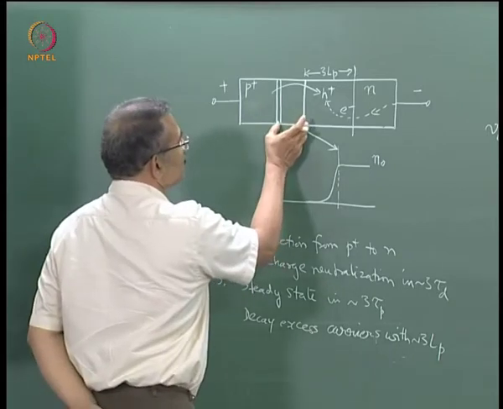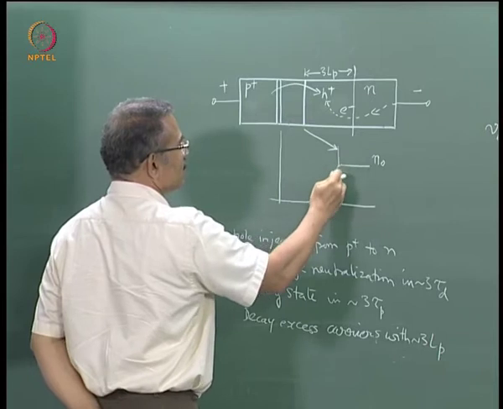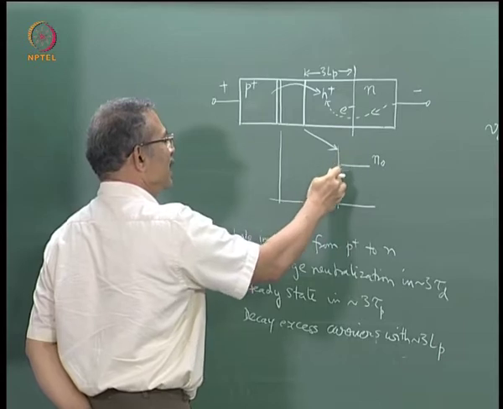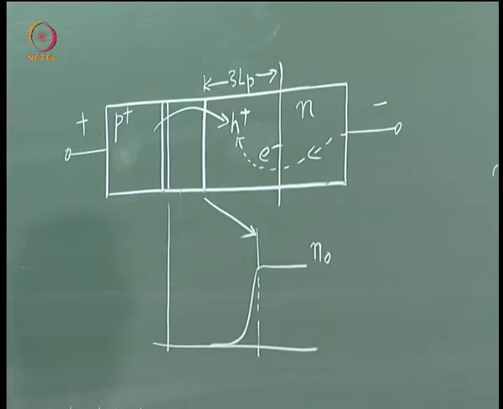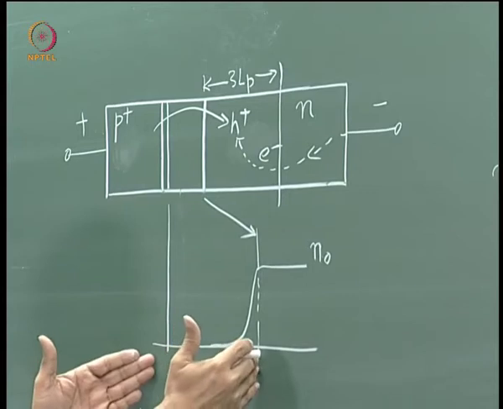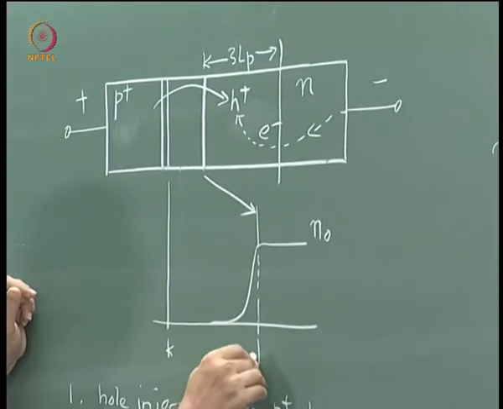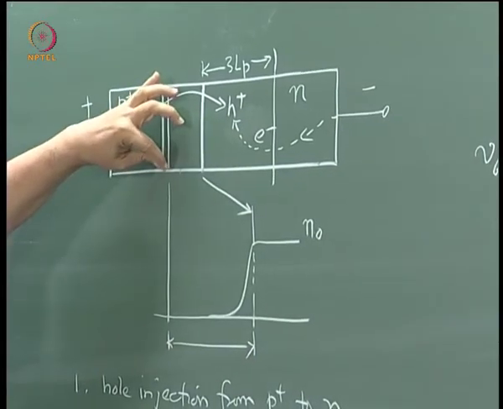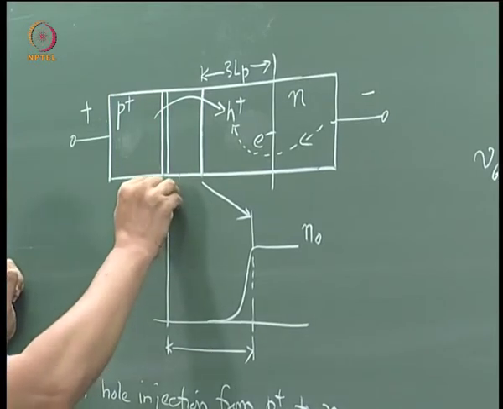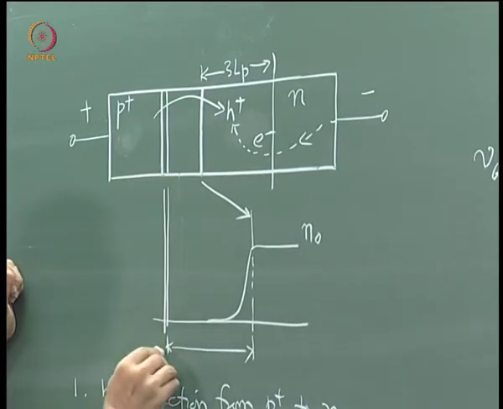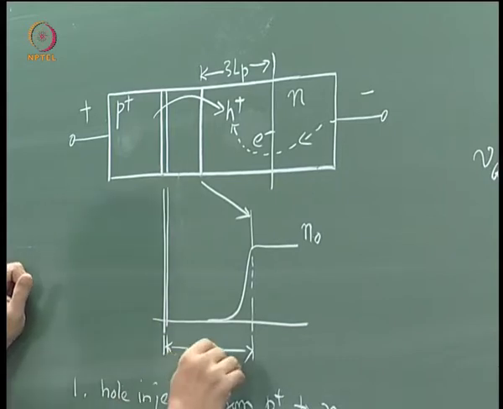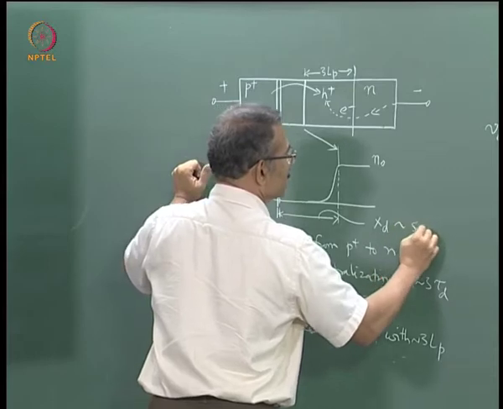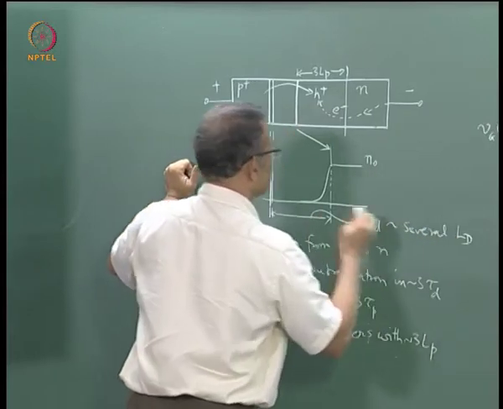Within the space charge region, if you plot the electron concentration, it would look something like this. From the edge of the space charge region, the electron concentration decays rapidly. Now what is the width of the space charge region? According to the problem that you have done in the assignment, we are assuming that the depletion region on this side is really very small. If you want, you can include that also. So the space charge region width will be several Debye lengths of this lightly doped region,